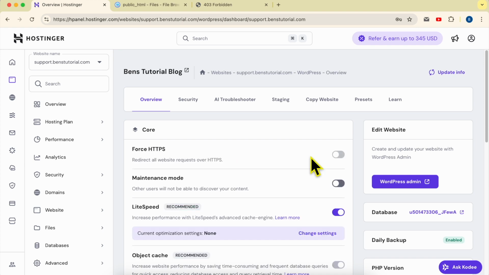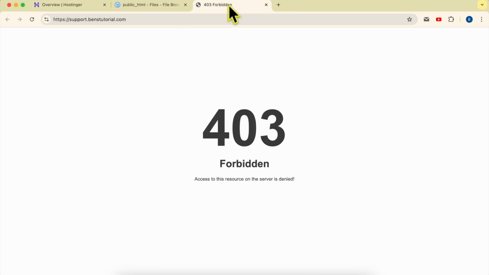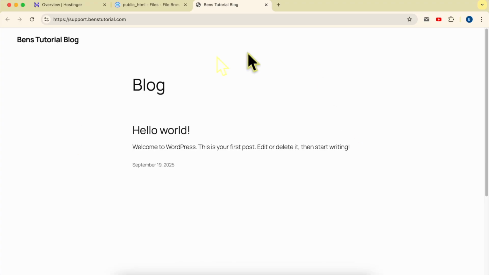And just like that, my WordPress is successfully installed on my website. Let's refresh the same page. And this is my newly created WordPress website. And this is how to add a website on